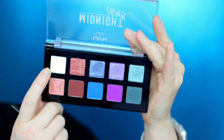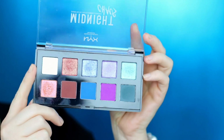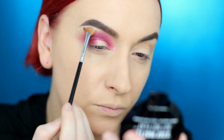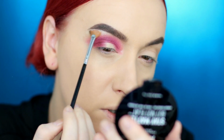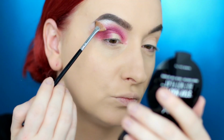Then with my Sigma Thin Brush E04, I am gonna go in with this beautiful color right here, and I'm going to highlight my brow bone. This one has a lot of fallout. It's really hard to pick it up from the pan. There's that bluish iridescent vibe. It's an interesting combination. Alright, next I'm going to cut my crease